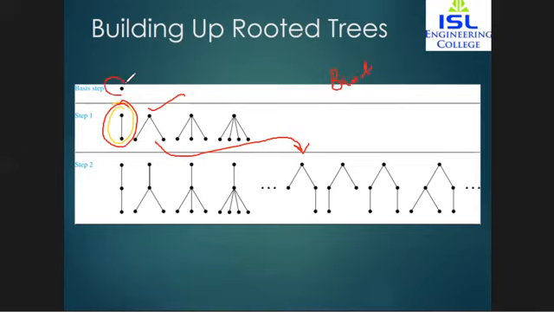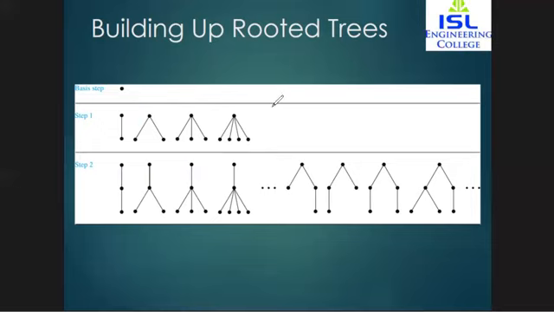Our basis step was a single root. In the recursive step, which is step 1, I'm adding for that single root one root, and for this 2 and 3 and 4 and so on. Now for these individual trees, again I keep on adding roots each time, increasing them by 1. So these are rooted trees, and this concept is very important in the last chapter of this subject, which is graphs. For now we are just seeing the recursive application in trees.